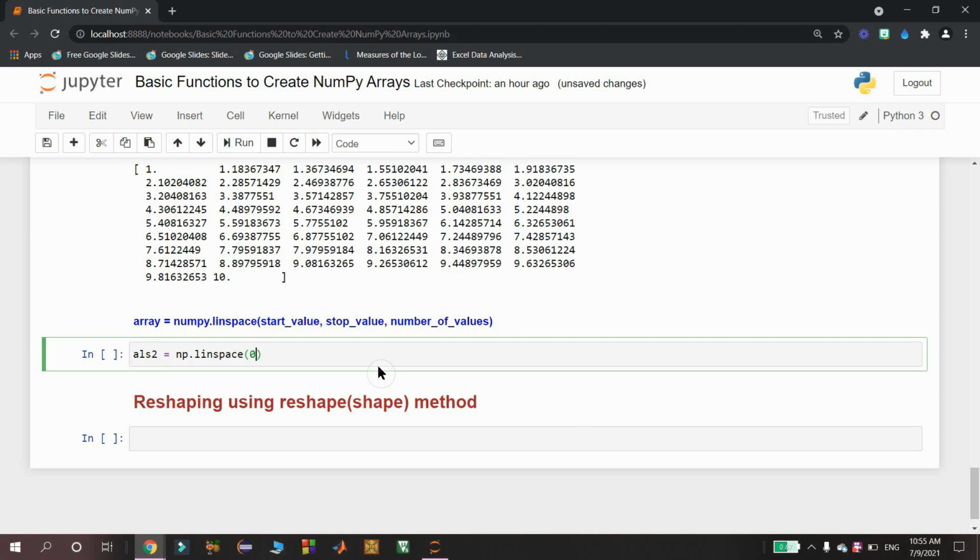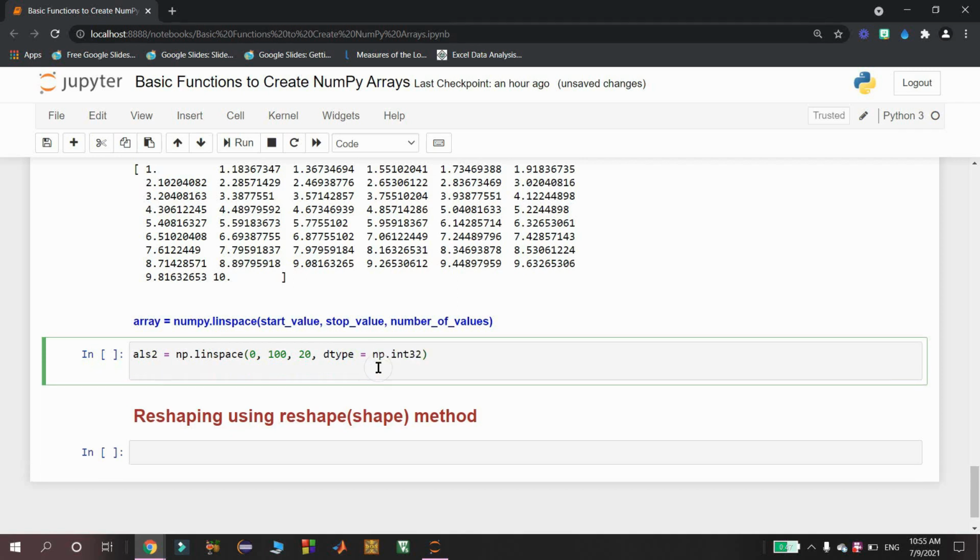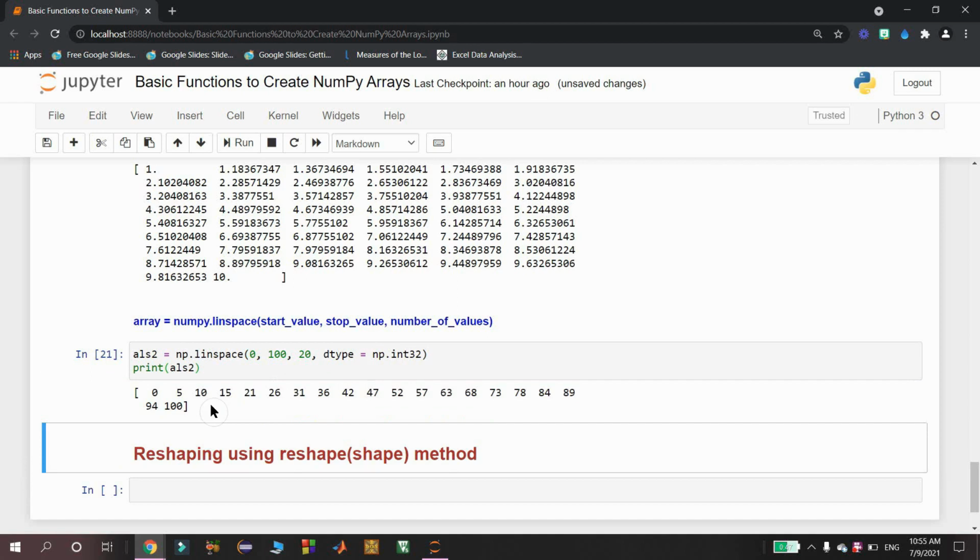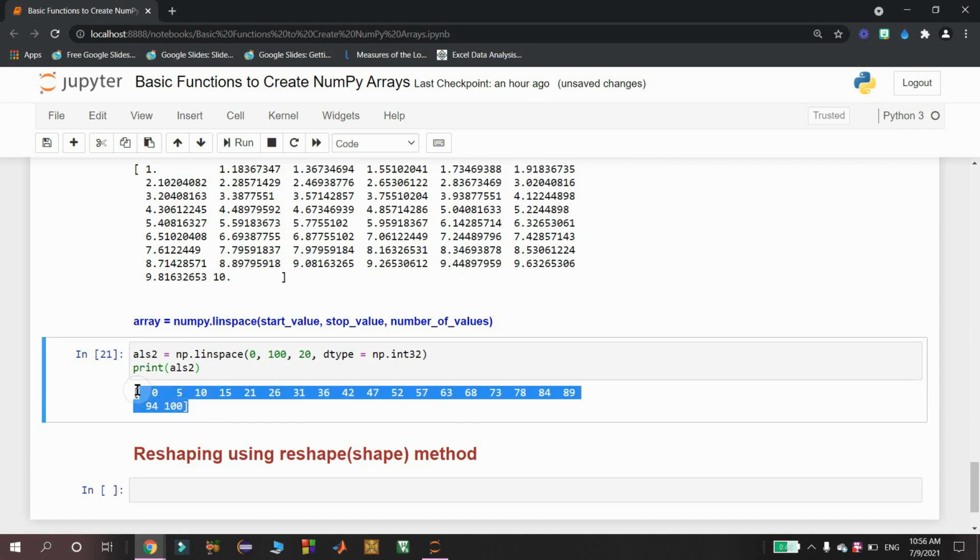The start value I am giving as 0 and the stop value I am giving as 100 and the number of points I am giving as 20, and also I am using the dtype attribute to change the default data type from float to 32-bit integer. Then I am displaying ALS2. Then I got a total of 20 equally spaced values between 0 and 100. Now all the values are of type 32-bit integers.